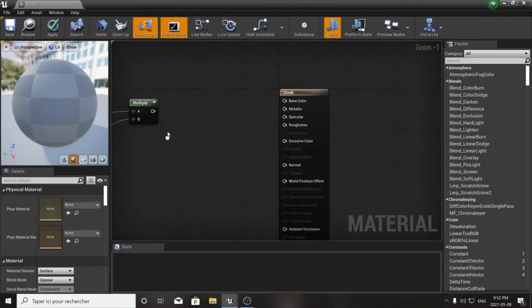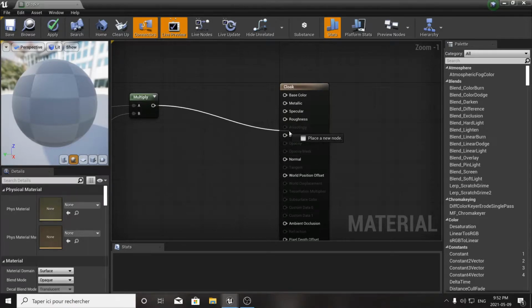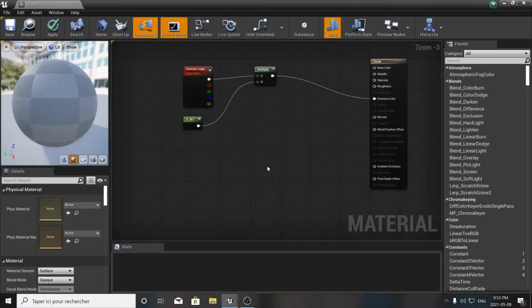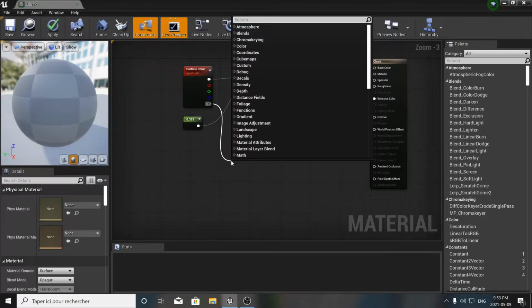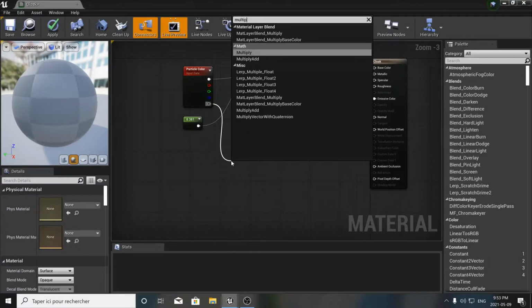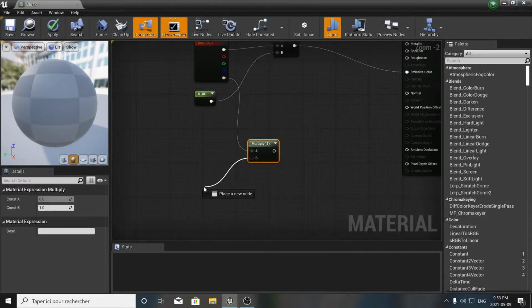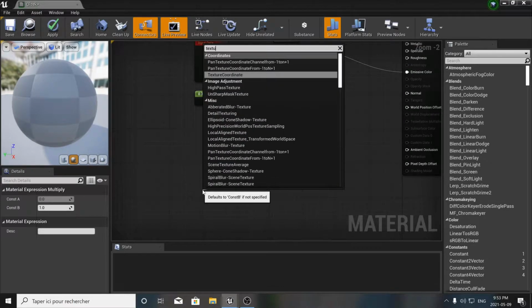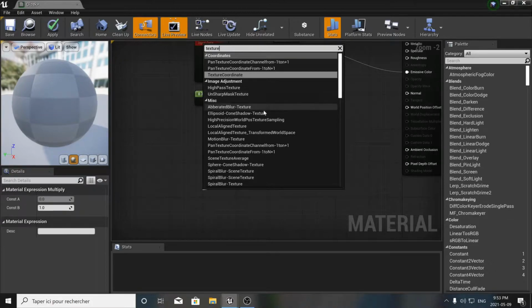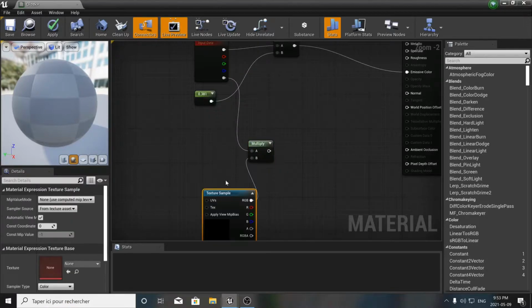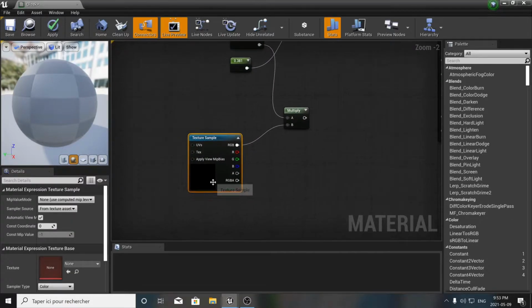And we're gonna plug that to the emissive color, so it's gonna emit. And we're gonna use a bit of opacity from the alpha. Multiply again by the texture sample. Well, a texture sample. We're gonna talk about that in a minute. Good. The texture sample you want to use